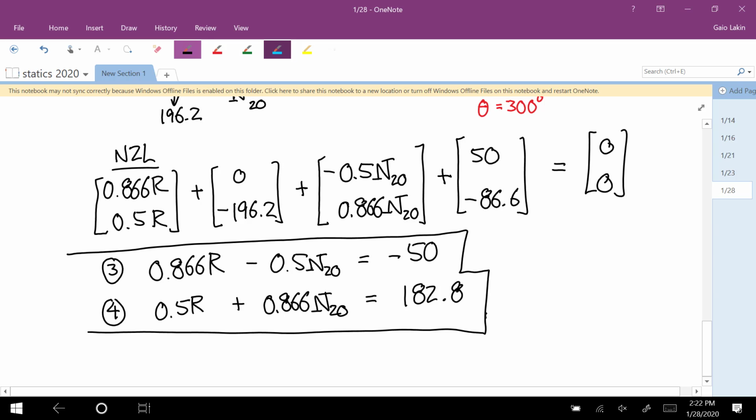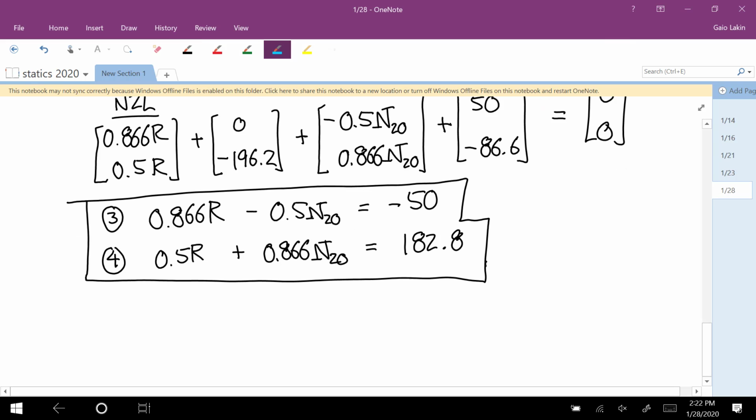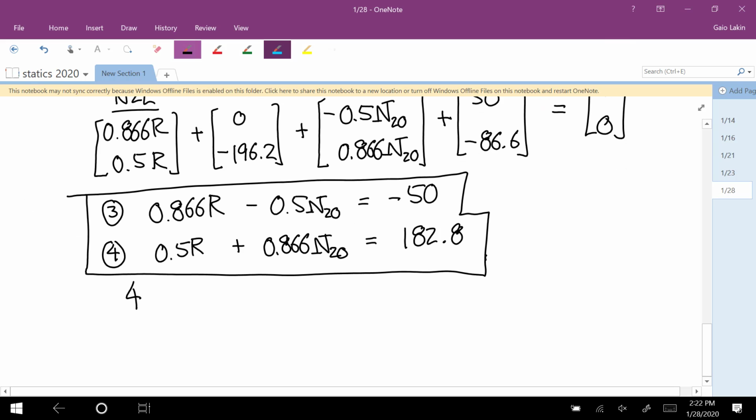So now we have 4 equations. Did we add any new variables? Yes, we added N20. That wasn't there before. So now we have 4 equations for 4 variables, and the variables are